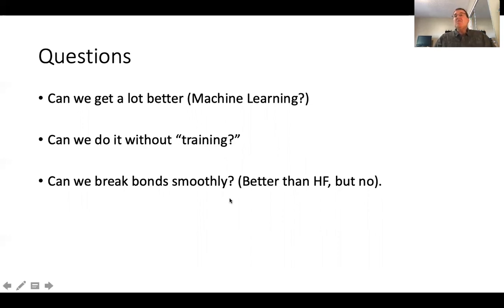Can we break bonds smoothly? There are people working on that, but the methods are pretty cumbersome. We can do it better than Hartree-Fock, but not at present. So that's what I got for you. And I'm going to let you think about what this